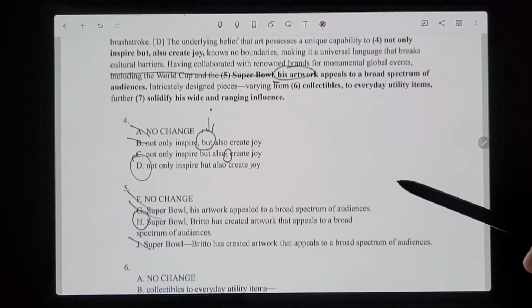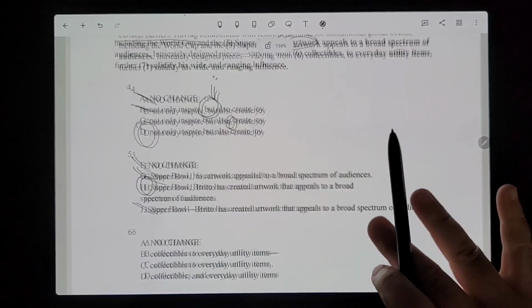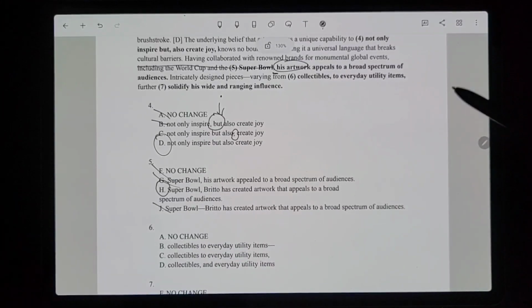Okay, so let's keep going to number 6. For number 6, let me zoom out a little bit. It says, "Intricately designed pieces varying from collectibles to everyday utility items further solidify his wide-ranging influence."